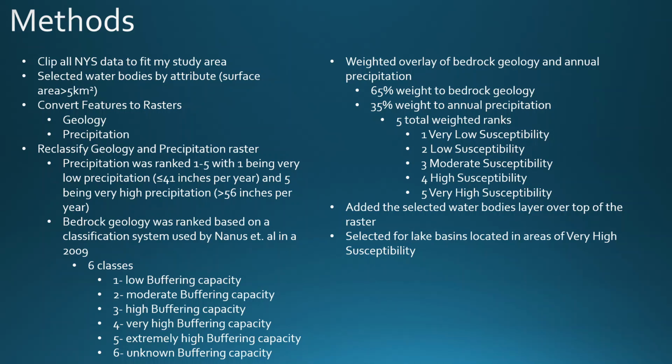So I selected by attribute for water bodies that had a surface area greater than 5 square kilometers. And then I converted all of my newly clipped features to raster files. Once that was done, I reclassified the geology and precipitation rasters so that they could be ranked based off of, for precipitation, it was based off of